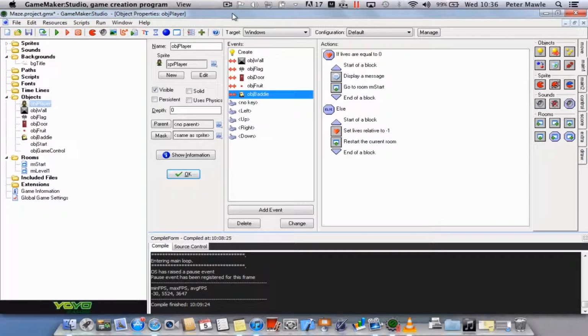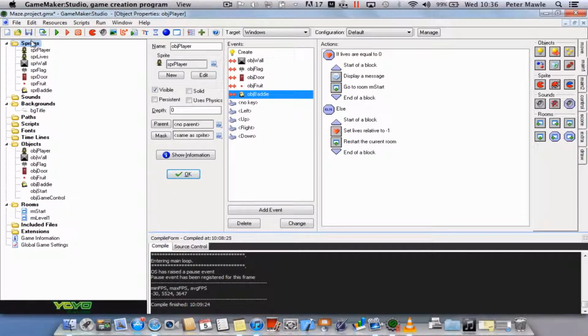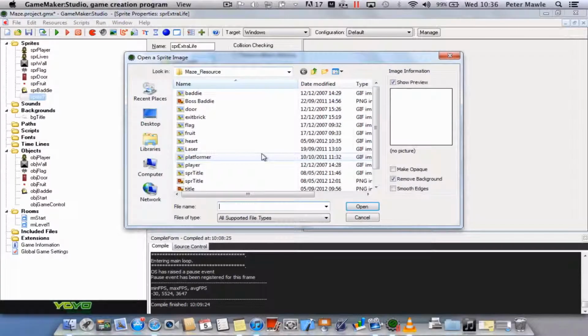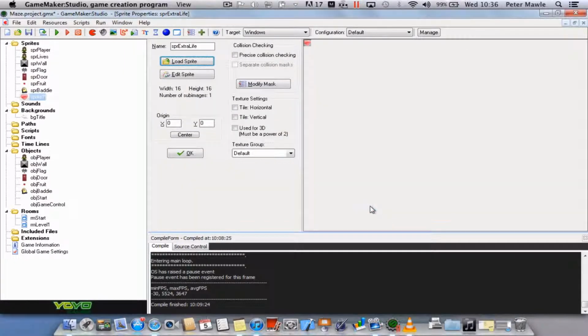Okay, so we're happily losing lives, but what happens if we want to add a new life, or a pickup to add a new life? If we go up to sprites, we'll create a new sprite for our lives, and we'll just call it SPR extra life, and we'll load a sprite. Just a simple little heart for this one would be fine, and click on open